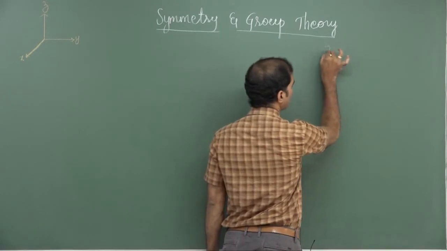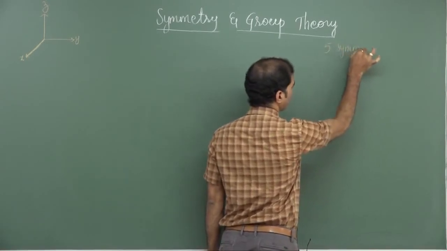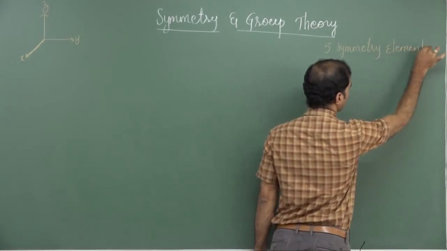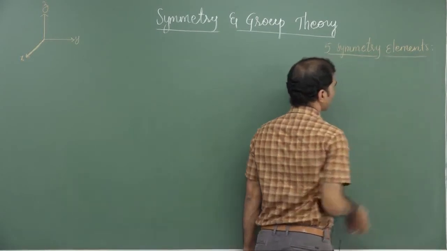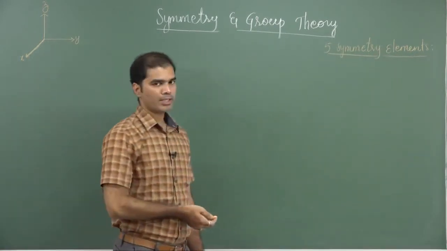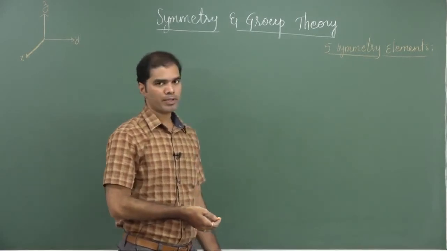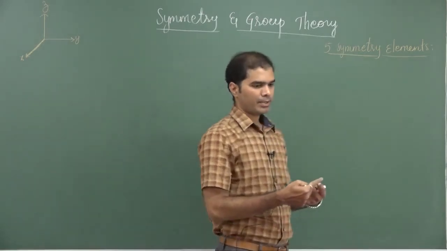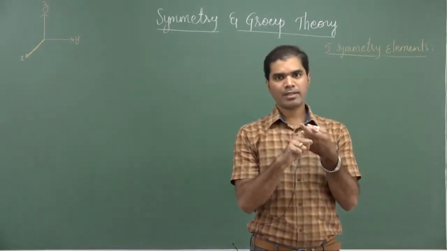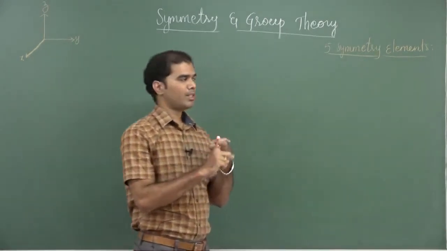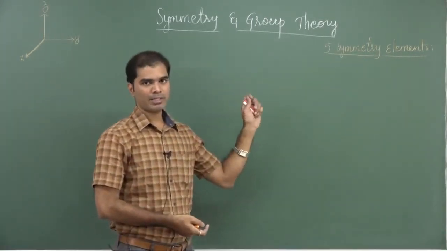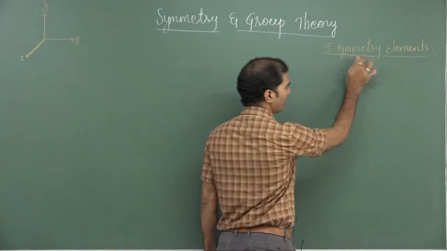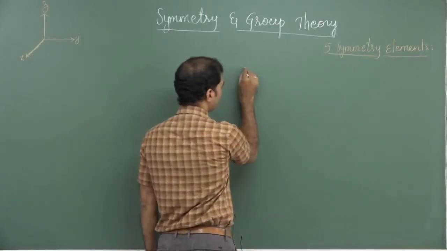The five symmetry elements we said: the first one is an axis, the second is a plane, the third is a point, the fourth one is a combination of axis and a plane, and the fifth one is an identity element. Depending on the particular symmetry element and the intricately related symmetry operation, we give the names of these elements. It is not just axis we say, but along with the operation, considering everything, we give the final name. The first name is called